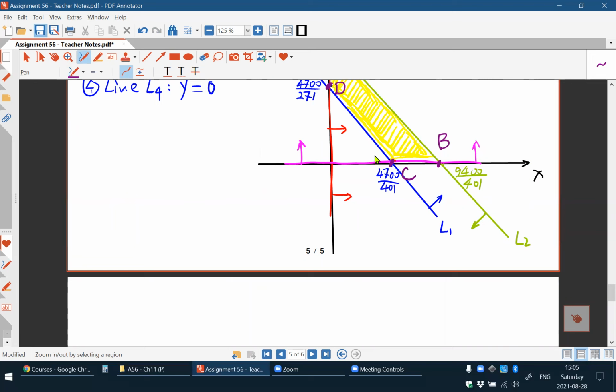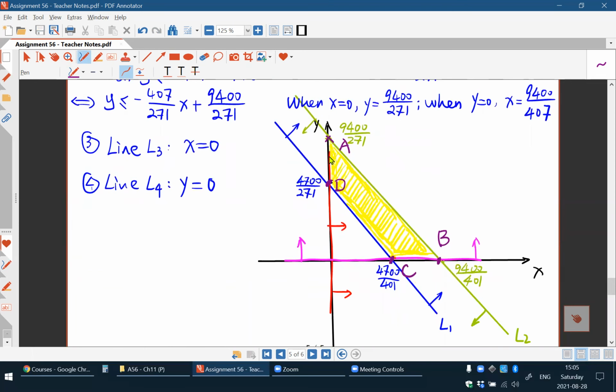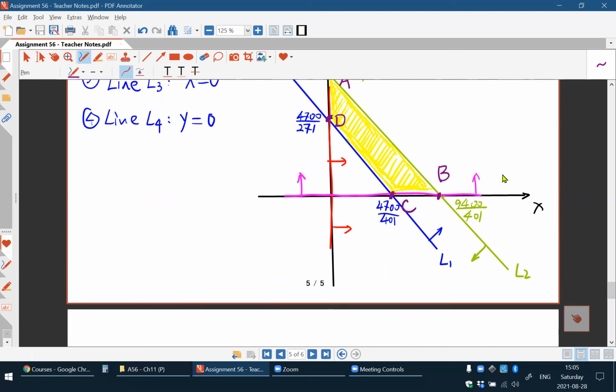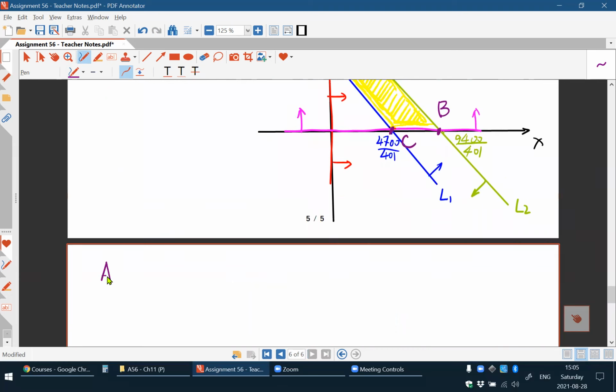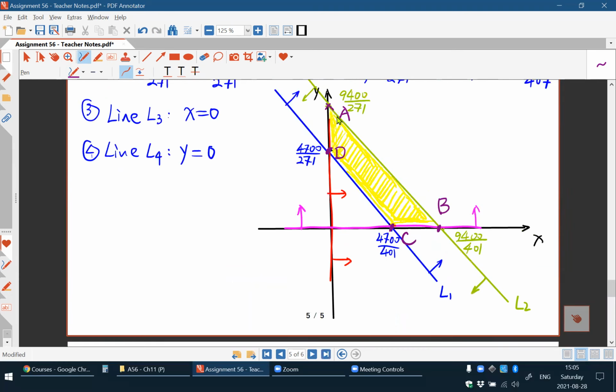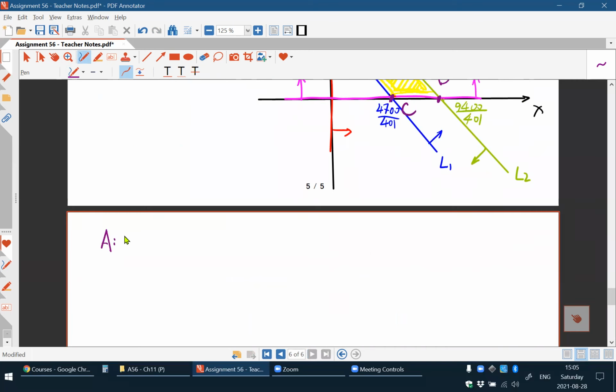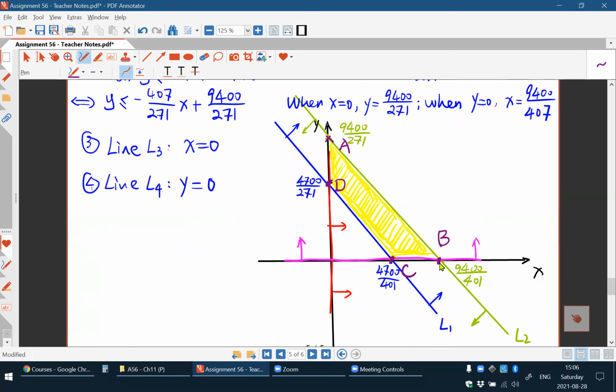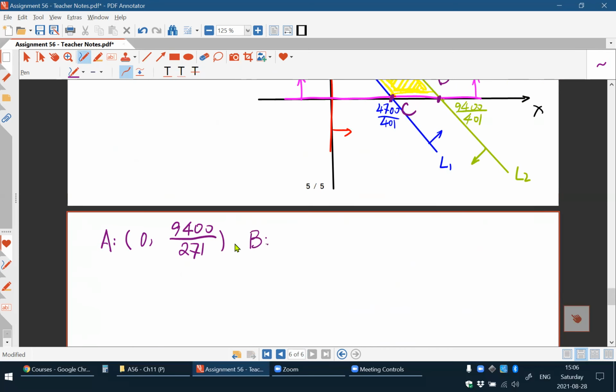Actually, these are pretty simple, right? They are either the x-intercept or the y-intercept. So, A is the y-intercept of line L2, right? So the coordinates of A are 0, 9400 over 271, right? How about point B? Point B is the x-intercept of L2, which is 9400 over 401,